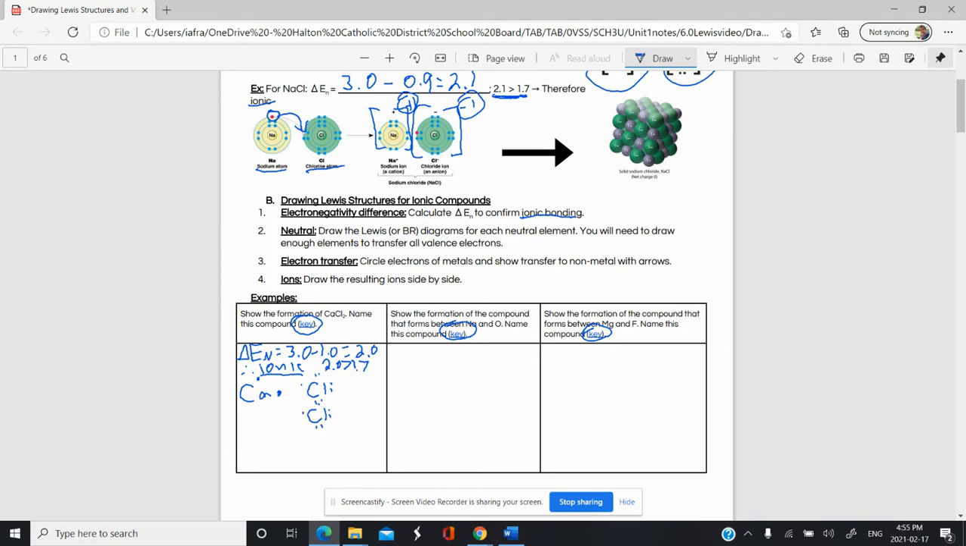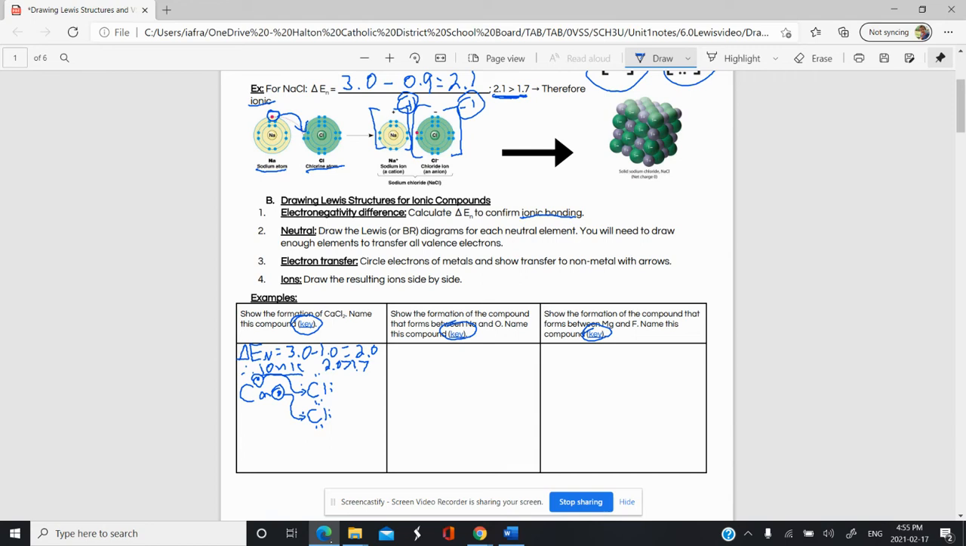And my calcium is my metal, so it's going to transfer its electrons to the chlorines. The chlorines only need one each, so one electron will go from calcium to the top chlorine, and one electron from calcium will go to the bottom chlorine. And so the end result that we have is, what we did is, this was step one, the transfer,